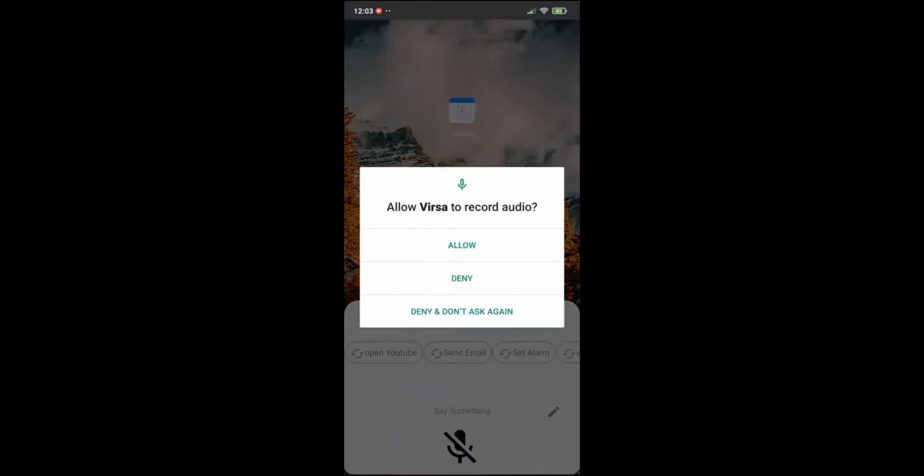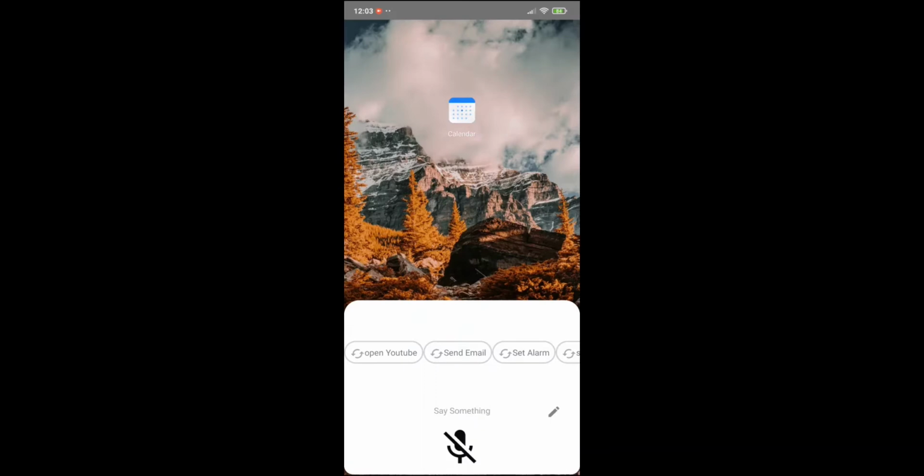When we install the application for the first time, it will ask for the permissions. We have added a transparent theme at the background. The program starts to record your voice when the mic button is pressed. Depending upon your instruction, the virtual assistant will respond. For example, if we ask the virtual assistant to set an alarm,